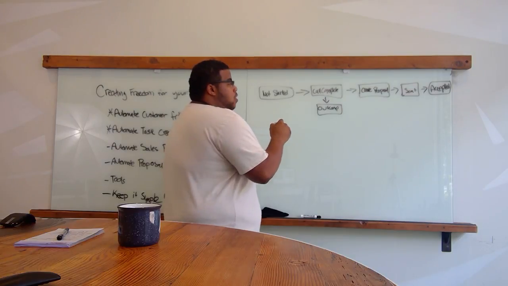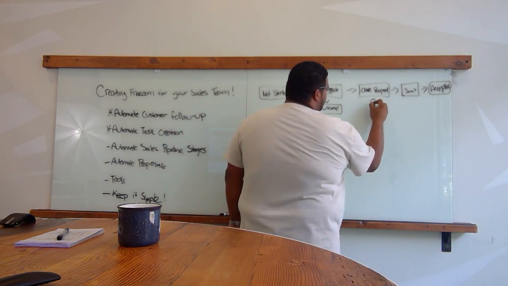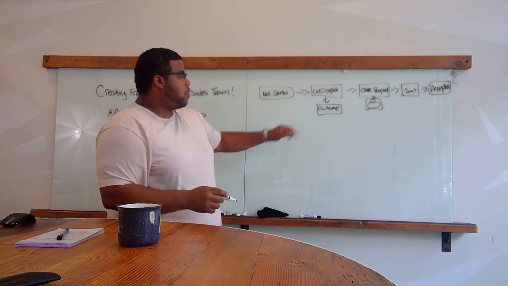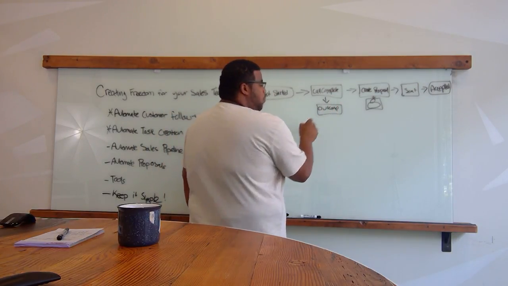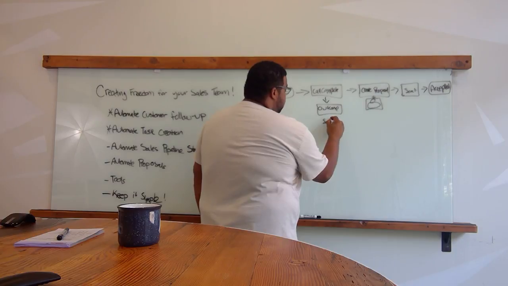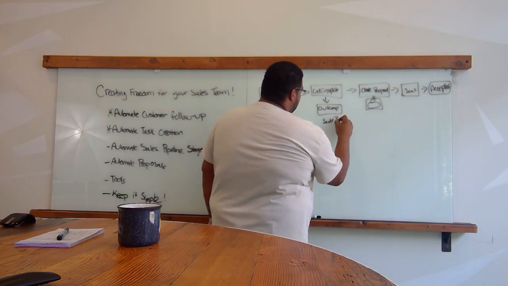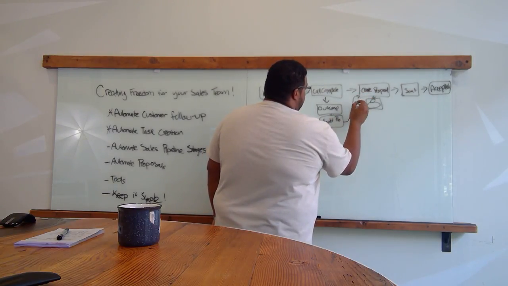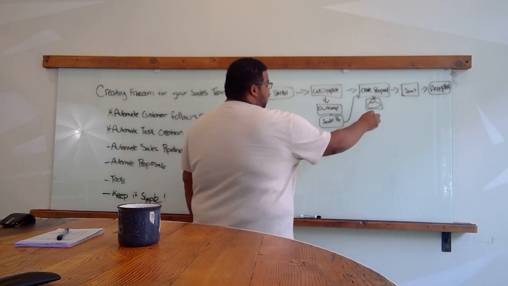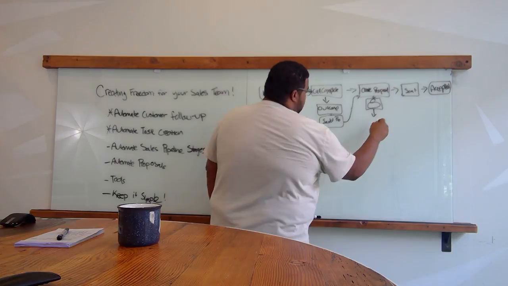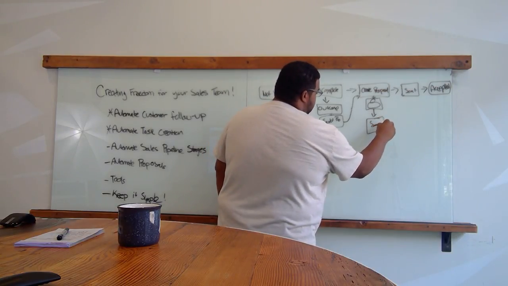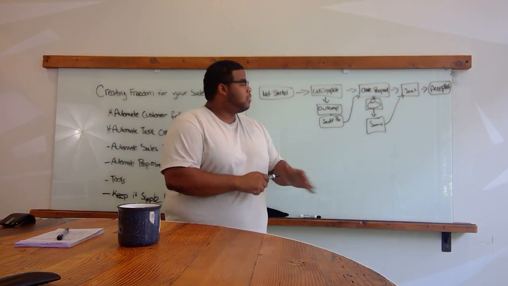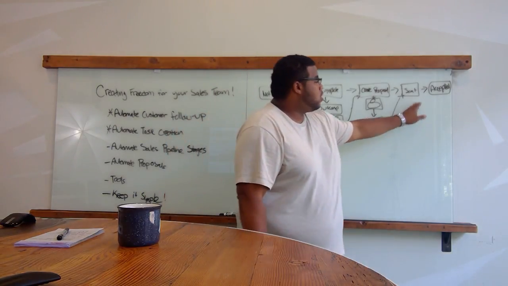Based on that outcome, we are going to assign somebody to create a proposal. So if the call goes great, then we want to send proposal, right? Then we want this thing to go over here and run this process. So we're going to create a proposal, and then once the proposal is done, we're going to say sent, which then moves the client into the sent stage, right? So they've updated the pipeline status to sent, and it automatically moves the customer over here.